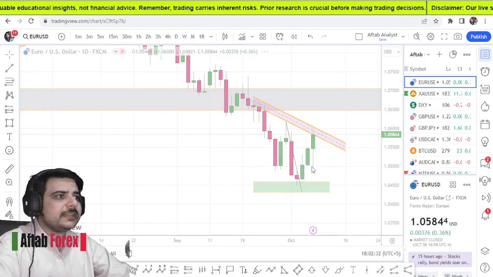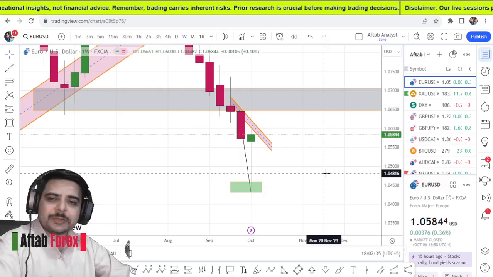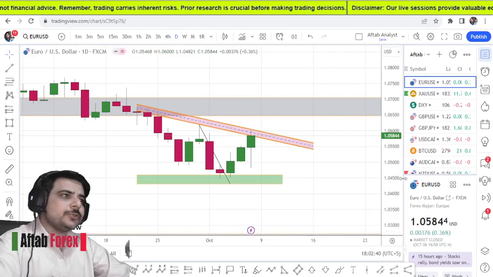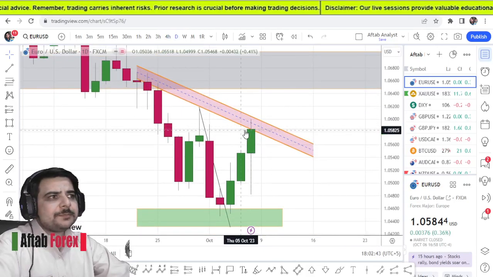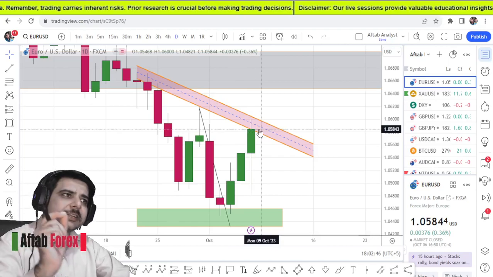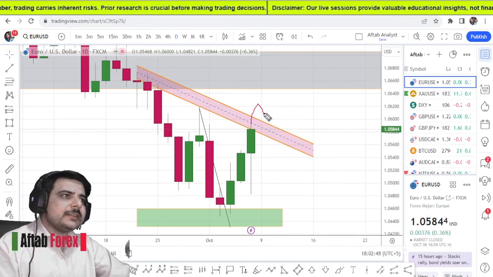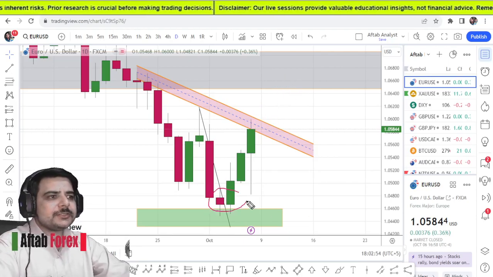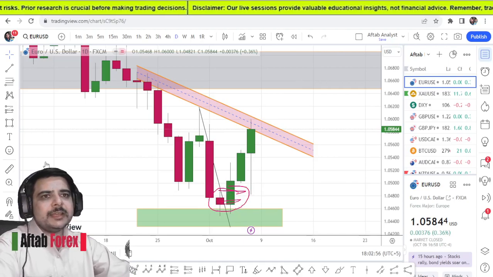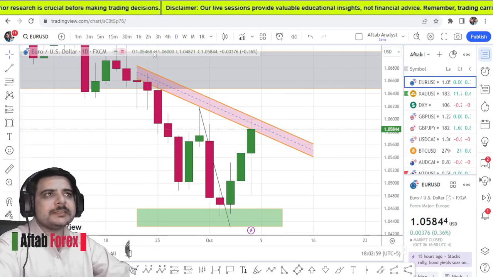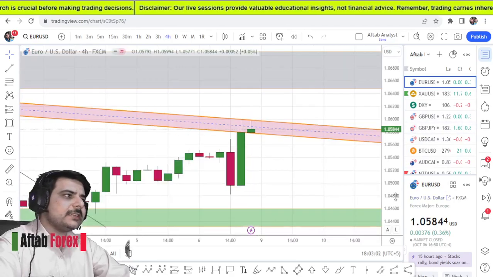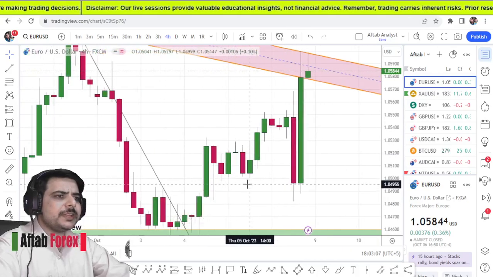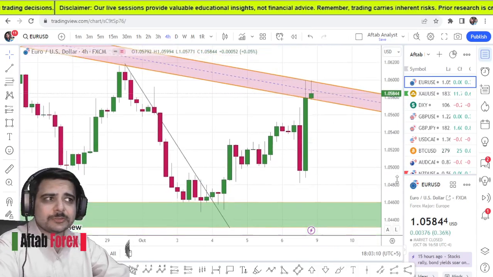Let's have a look at the weekly, and same situation, the one that we get on the dollar index, we also have got the same situation on the euro dollar as well. But does that mean that from right here on Monday the market will be going back up? Does that make any sense? Well, to me it doesn't make any sense. So those buy positions we will definitely be holding from here, and for further buying opportunities on the H4, we have to see that if we get a rejection from right here, which is very rare in my opinion, Monday will be slow as well.